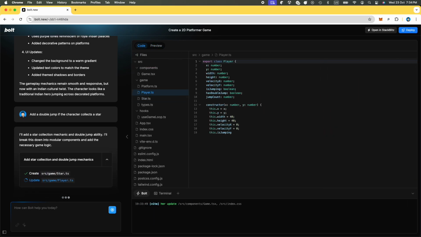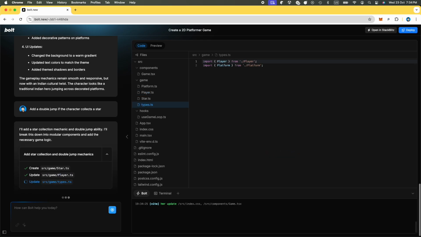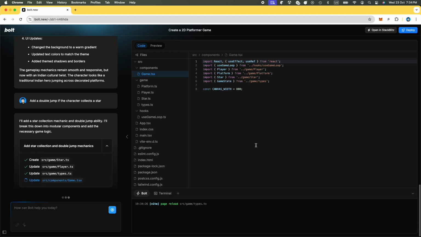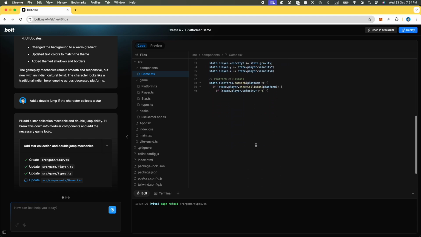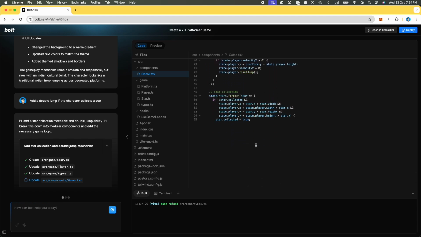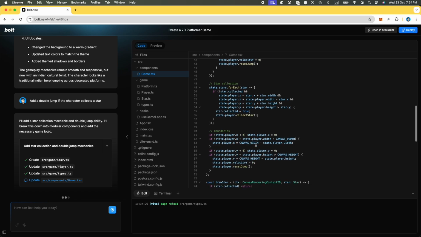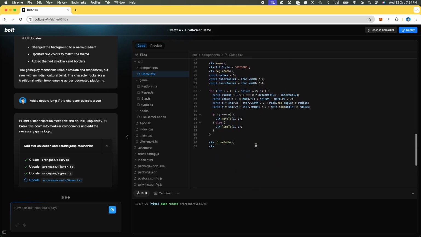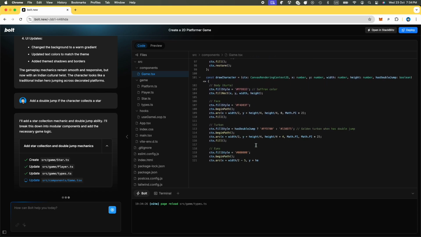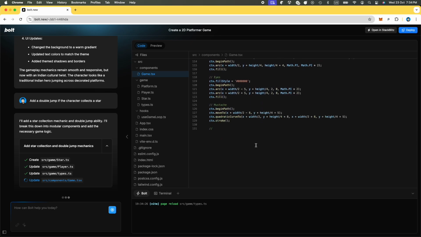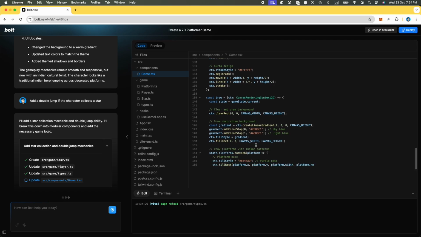And it's shocking that it's able to go through and create a class of player and add the parameters for a player and add the double jump feature. And then it's going to go ahead and set up the game class itself to add those features in and the star collection and all that, right? So absolutely zero manual input from my side. This is going and creating the correct code in the correct files. Okay, so that is something that I've not seen before, and that's the most astonishing part of this,